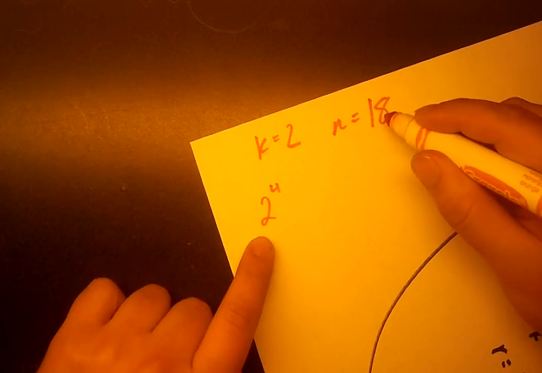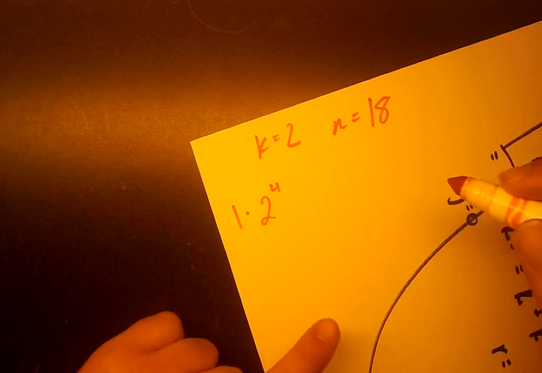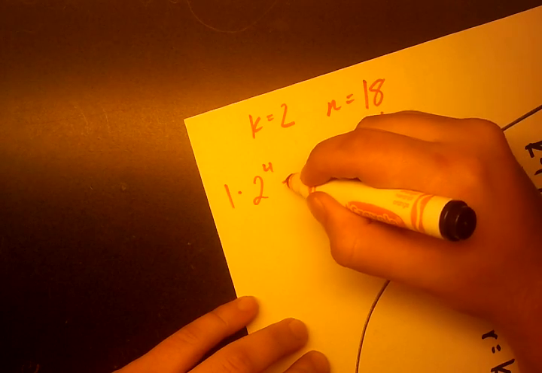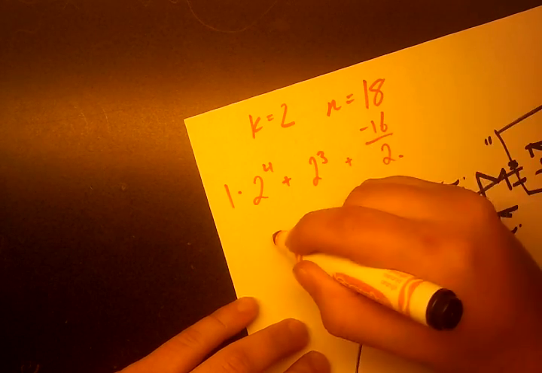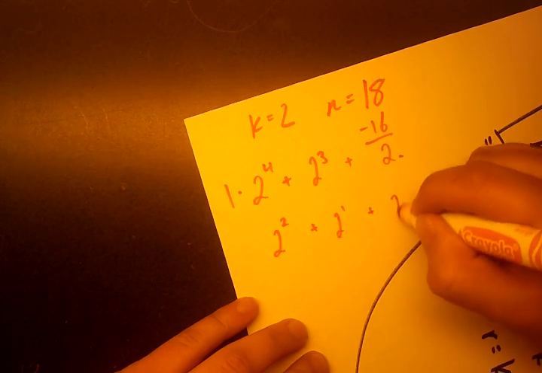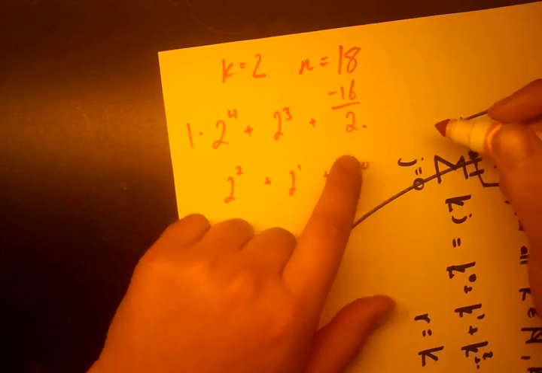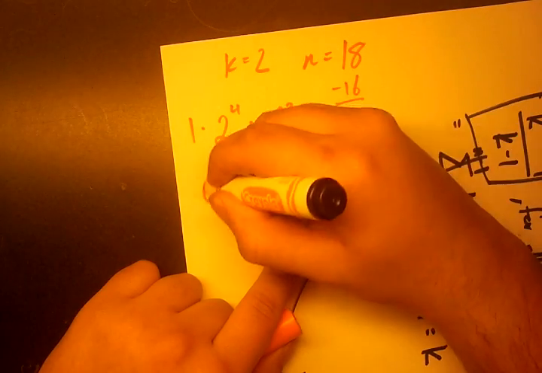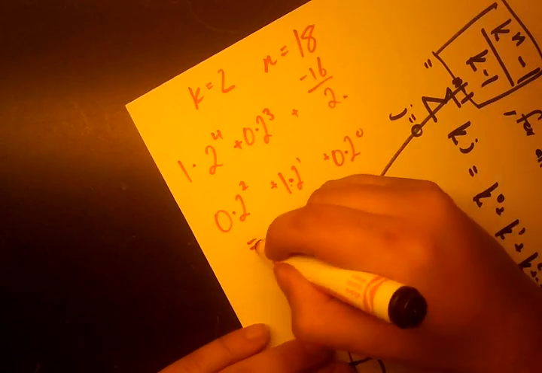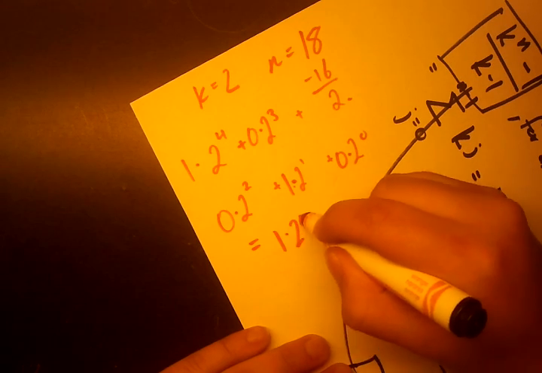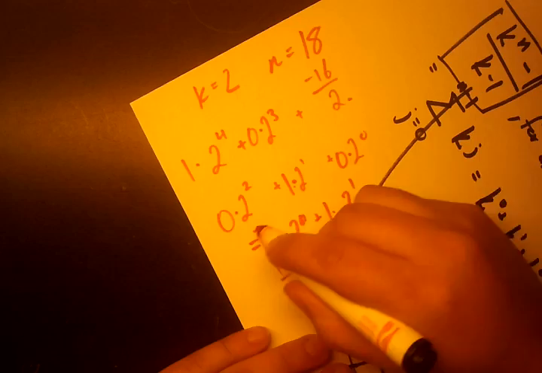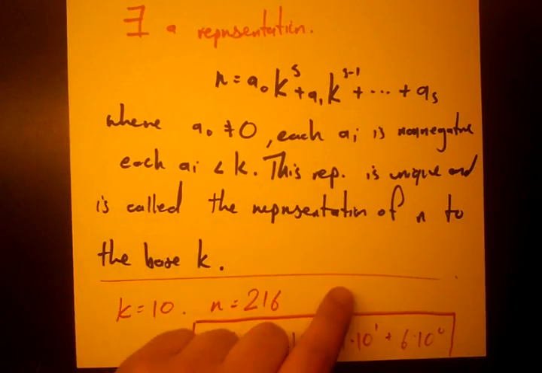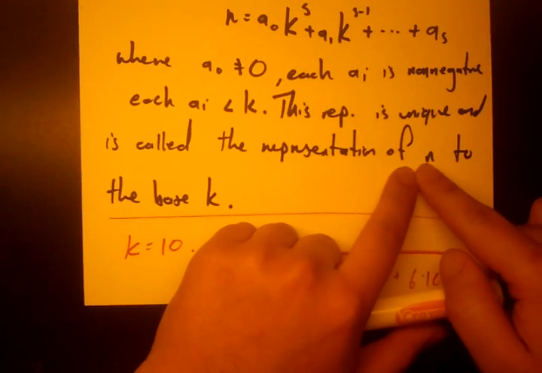So how many 16s are in here? Just 1. So we're going to have 1 times 2 to the 4, 16. So how much is left over? 2. So we're going to go ahead and write the other terms: 2 to the 3 plus 2 to the 2 plus 2 to the 1 plus 2 to the 0. But in reality, there's only 2 left over. So we know the coefficient of 2 to the 1 must be 1, and all these other ones must be 0. Which, remember, is okay because they just can't be negative. So if we simplify this, this looks like 1 times 2 to the 4 plus 1 times 2 to the 1. And if we use the notation of what the theorem says, that is our representation of 18